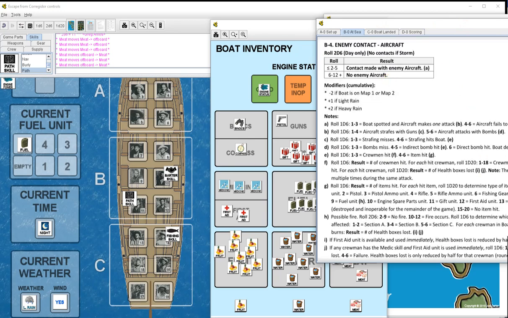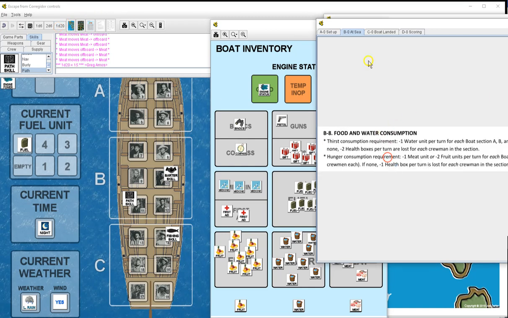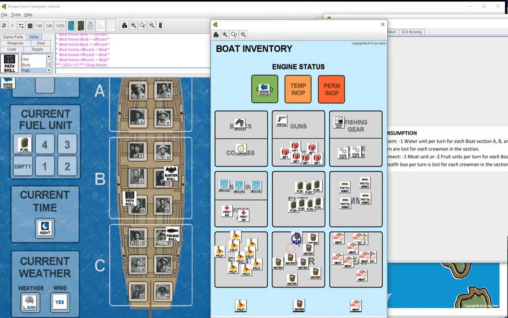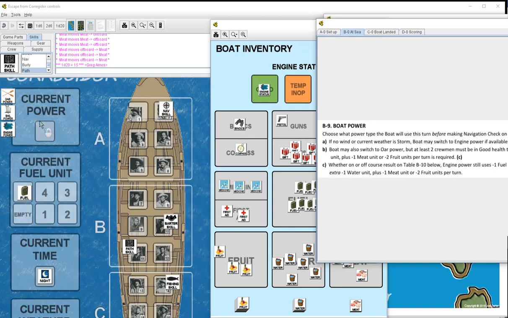There'll be no enemy contact because it's nighttime. Random event check D20. 15, no random event. B8, food and water consumption. 3 of each. Let's use up some fruit. That'll actually be 6 because you're using 2 of them up. As you see, fruit doesn't last long. B9 boat power. I'm not using extra oar power because that costs food and water, and I've learned to really scrounge on that right now, so we're going to use engine power